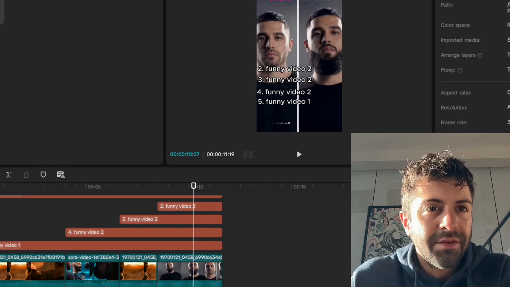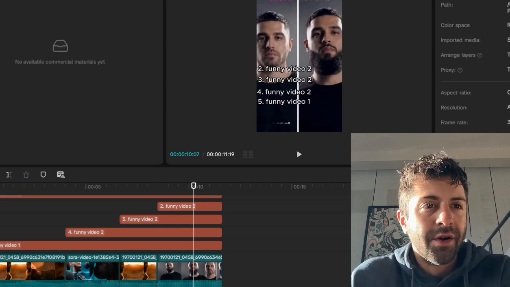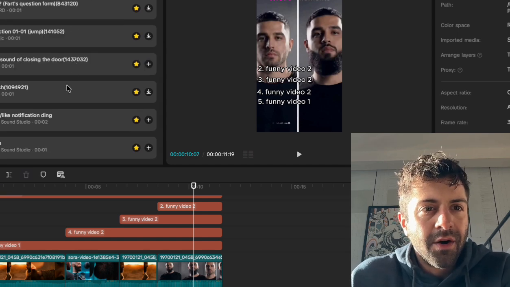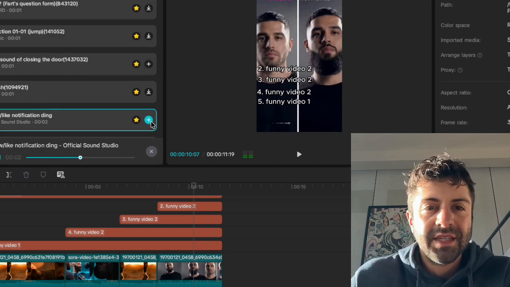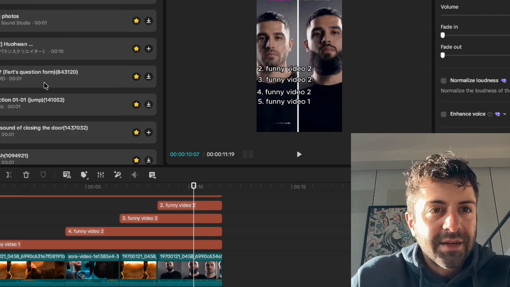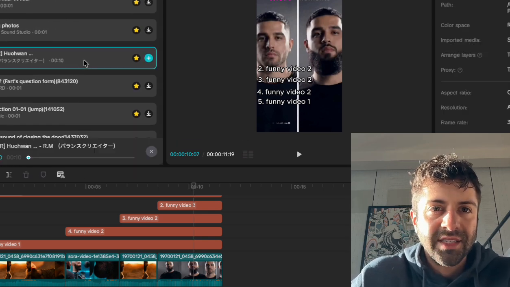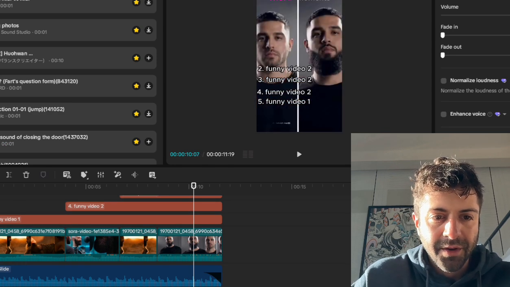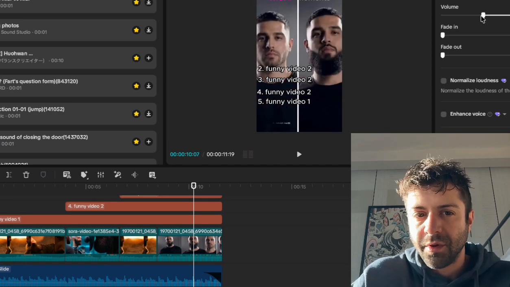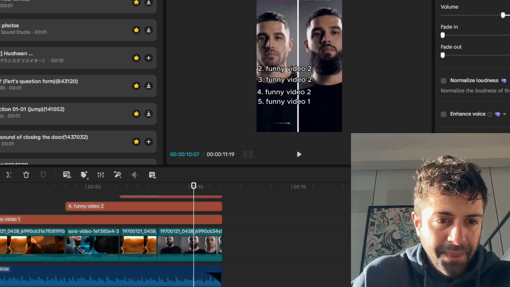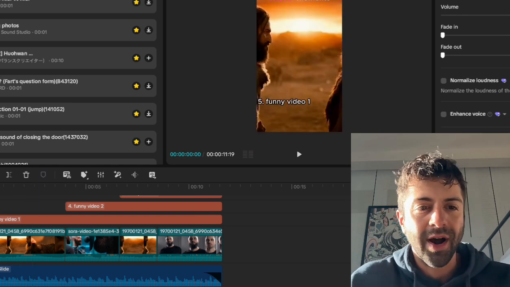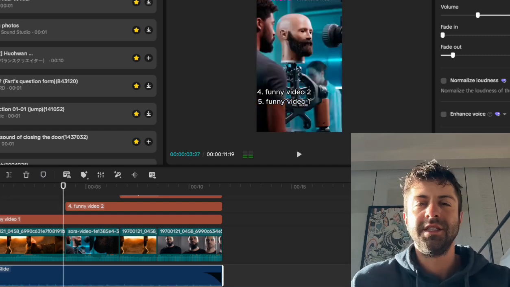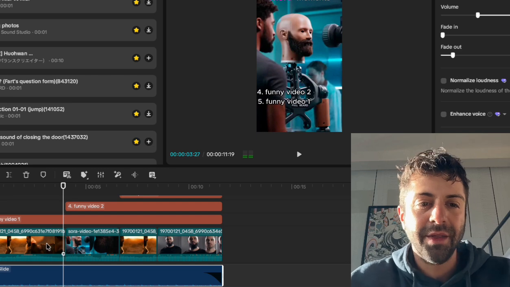And if you want to add sound effects at the beginning, I actually like audio sound effects. Here's a little trick that I learned. My favorite sound effects are the swoosh and this ding. So you can add this ding right at the beginning. And sometimes I even add a riser. This is a riser. So that's a riser sound and it builds suspense. So you can cut that to maybe go here. And you can maybe lower the volume on that so it doesn't overpower everything. And I like to do a riser followed by a ding. Here, let's make this music way lower and just show you how that sounds.